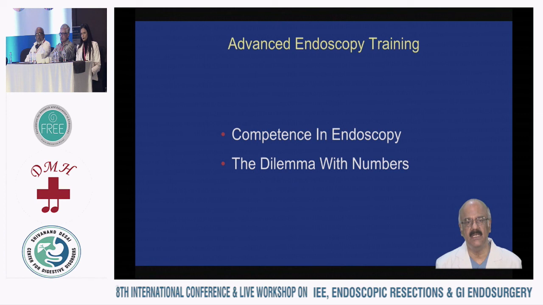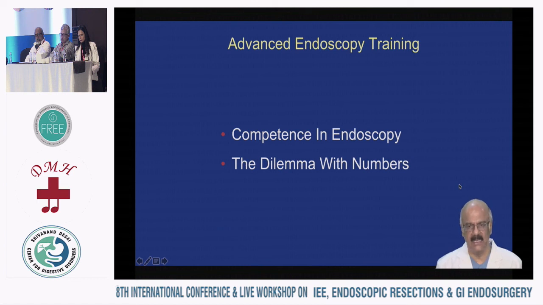In general, historically, the assessment has been done in terms of numbers. That is, you do 200 ERCPs, you're supposed to be trained well. You do 30, 40 POEMs, you're supposed to be trained well. But there's a lot of inter-operator variability, heterogeneity among the trainees and trainers, and therefore competence in endoscopy assessment is